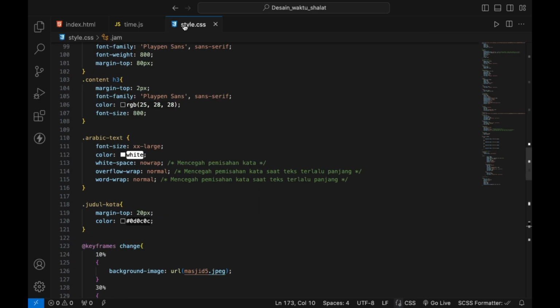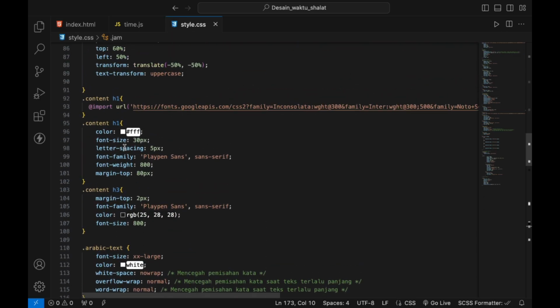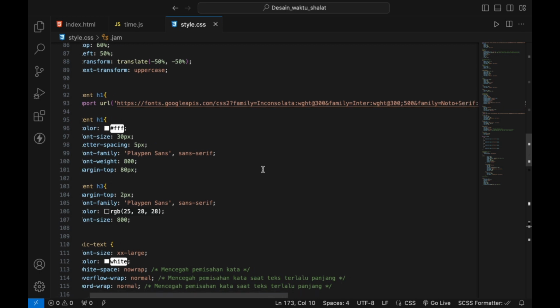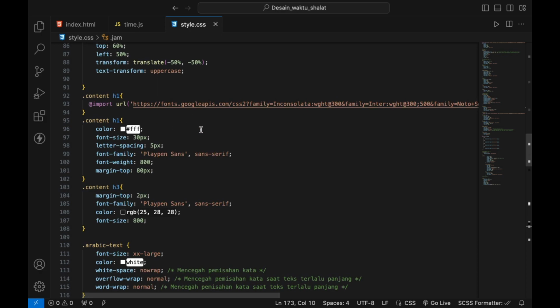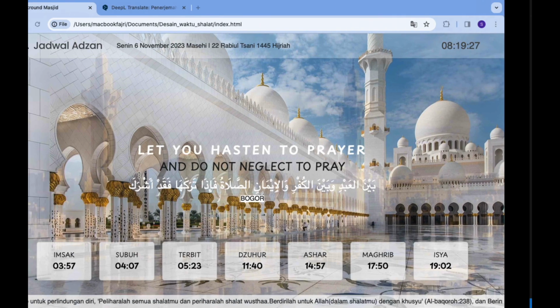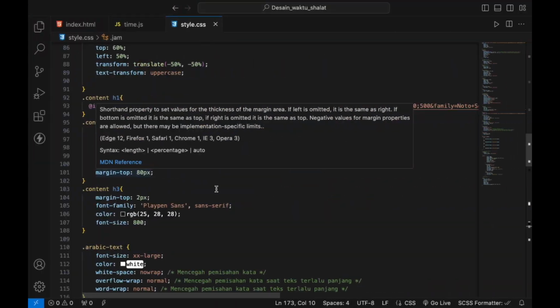And here in styling CSS, this is for the fonts. The font I put in with an import URL, Google Font here, and then the content H1 is this.